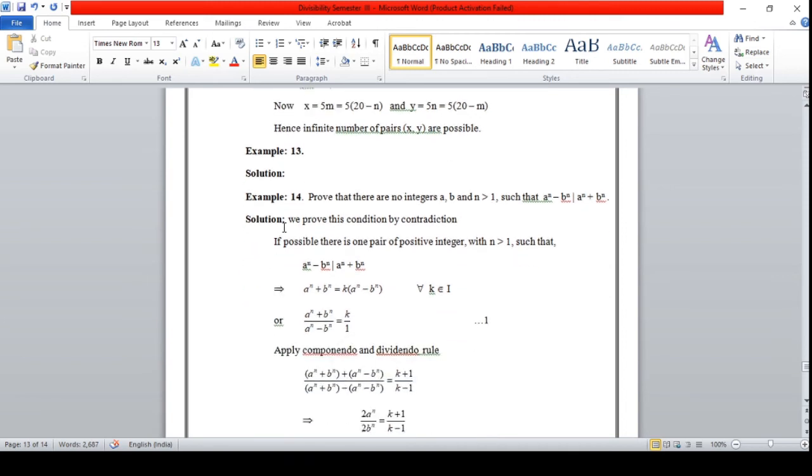Example 14. Prove that there are no integers a, b and n greater than 1 such that a raised to the power n minus b raised to the power n